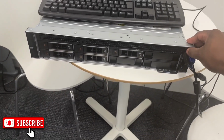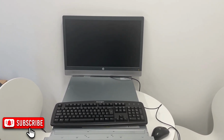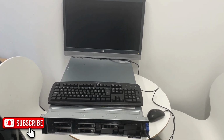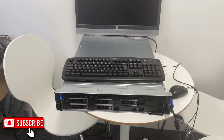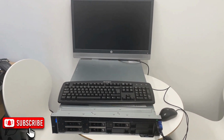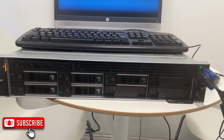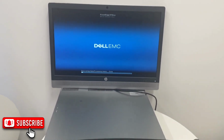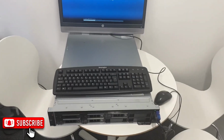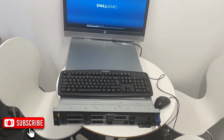Okay, let's power this thing on and see what we get. We've got it all connected up, connected to the screen here. So we should have some life any moment. Nope, should I press again? There we go, it's just booting up. And usually it's quite loud when it first boots, and then after that, hopefully, it should quieten down. So it's still just loading the BIOS drivers, getting itself ready,